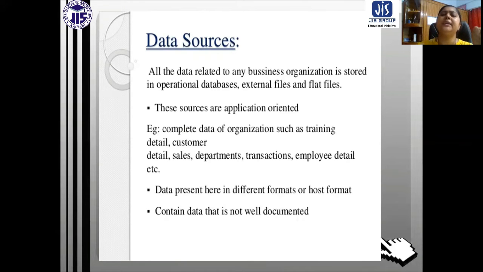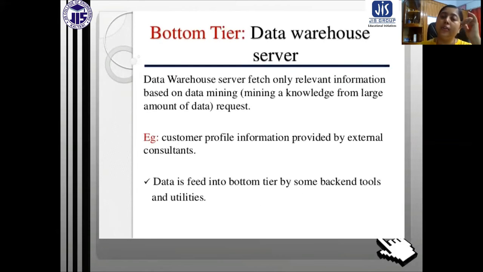Suppose a sales related analysis is required: they don't need the customer details or departmental or transactional data, so only the sales related information is fetched. If it is a customer analysis, only the customer details are fetched. Only the required portion of data is fetched by the data warehouse. Customer profile information provided by an external consultant is very specific and subject oriented.